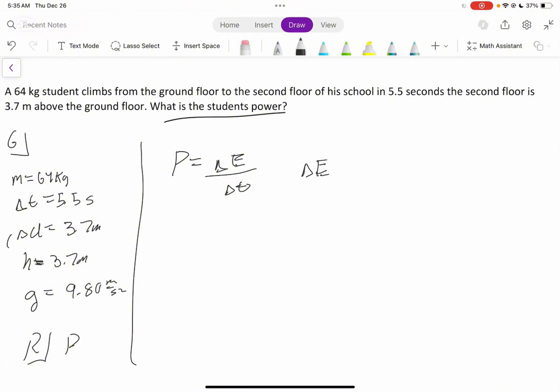Well, there's no mention of any kinetic energy, just about a student moving from the ground floor to the second floor. So because we know that there's no really moving kinetic energy, we can assume that his energy is actually all Eg, or gravitational potential. And we know that delta Eg is equal to Eg2 minus Eg1. And because